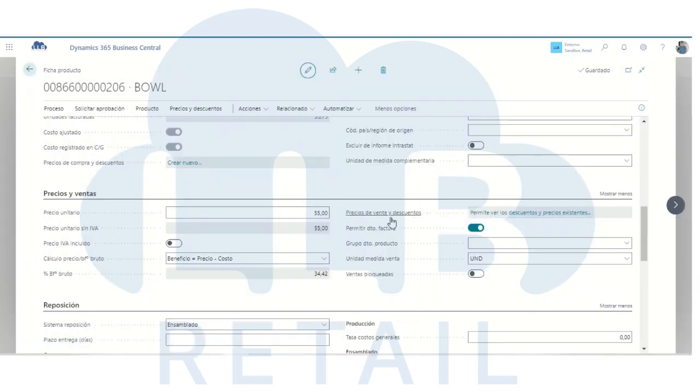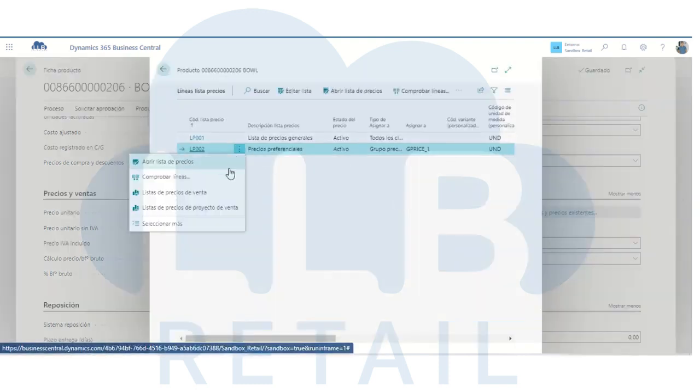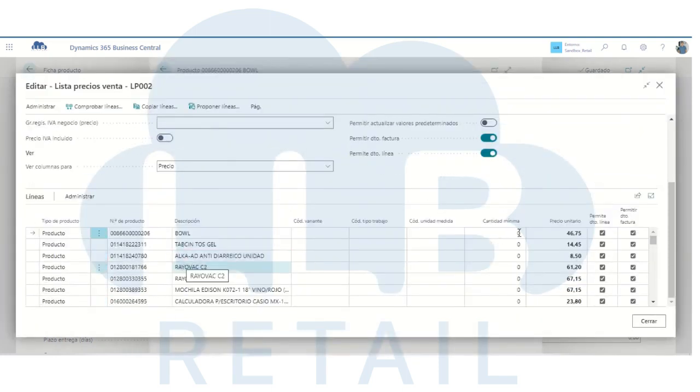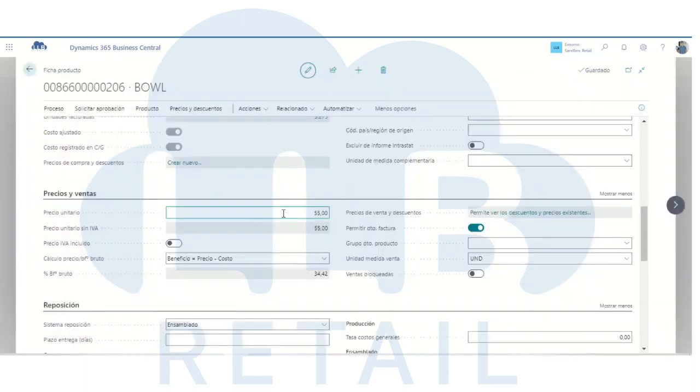We will also have a sales price list, or discounts, that will allow us to have preferential prices. That is, for example, the bowl is sold at a differential price for this list at $46.75. When we relate this list to a customer, this customer will be sold at $46.75. The normal price for this product is $55, and we also have the possibility